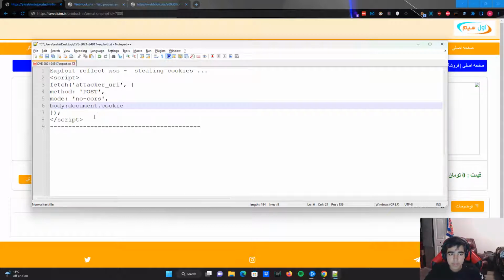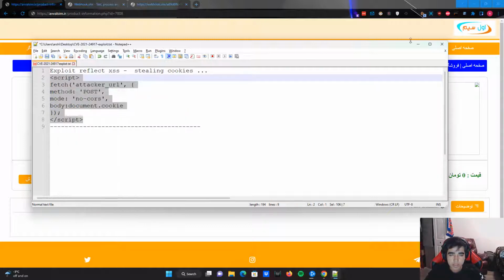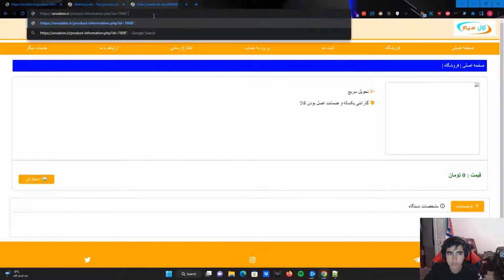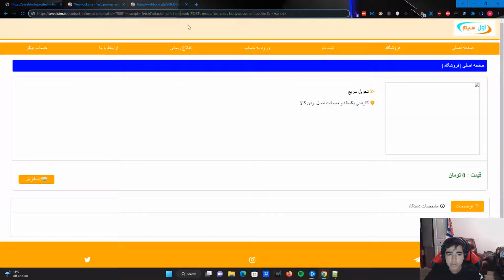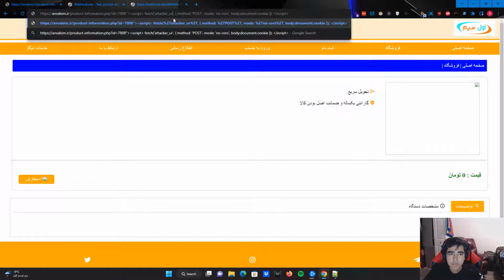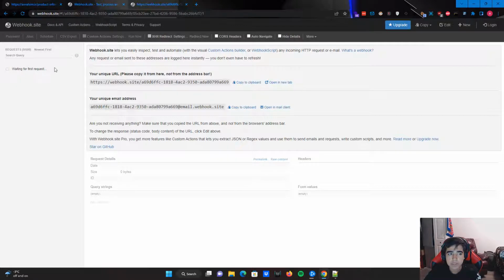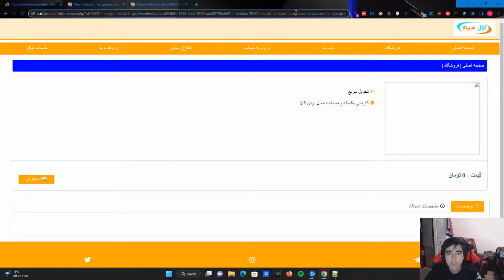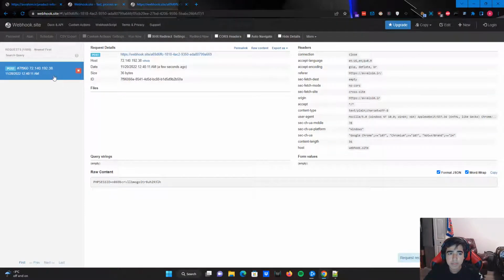So it's so easy. What I'm gonna do, I'm gonna copy and paste this here. That's it. I just need to change the attacker URL with my webhook here. I'm gonna change it to attacker URL, and that's it. Now if I send a request here, this is my webhook. There is no request here, right? But if I press enter, nothing happened here, but I got a request here, and that request, someone sent a POST request to my webhook